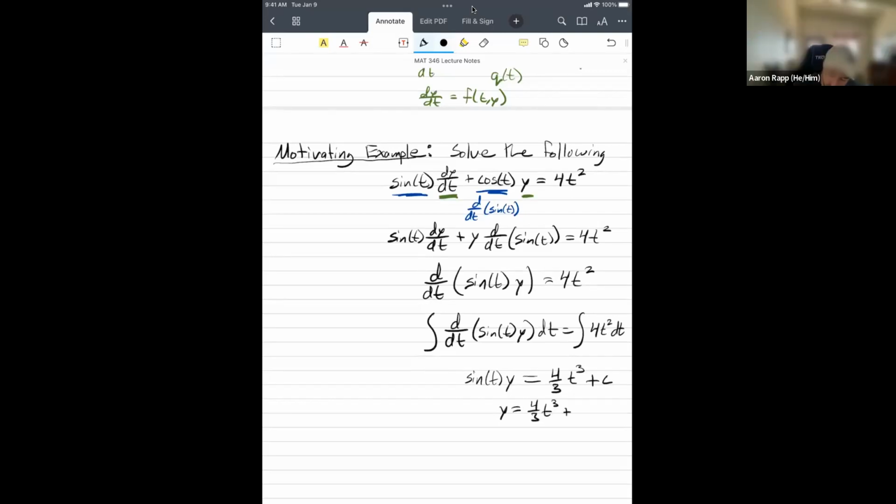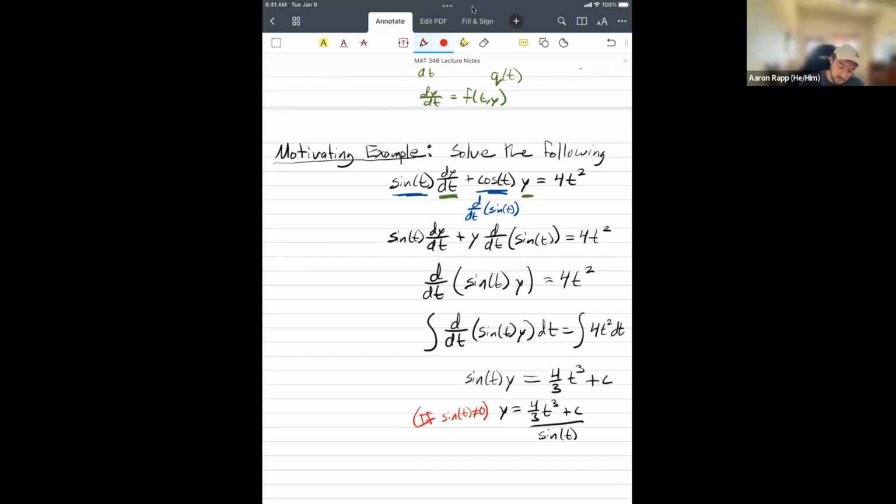So this is 4/3 t cubed plus c, all divided by sine of t. And then there's just this important assumption that we have to make. This only works as long as sine of t is not 0,